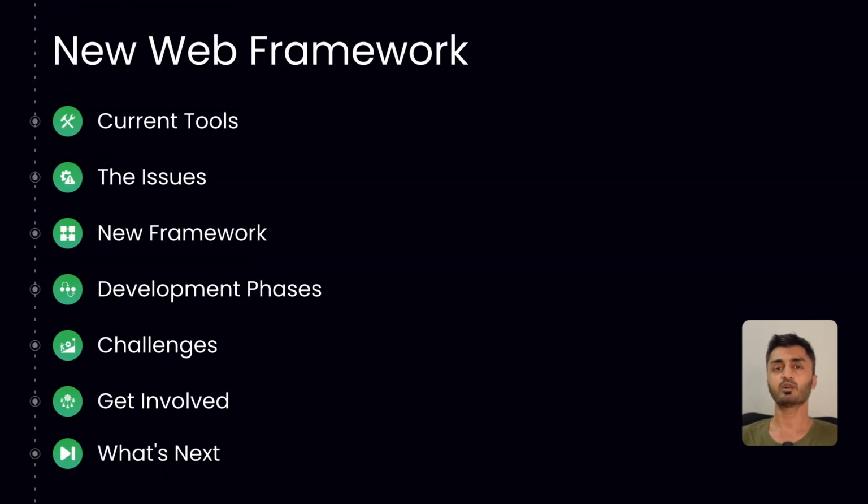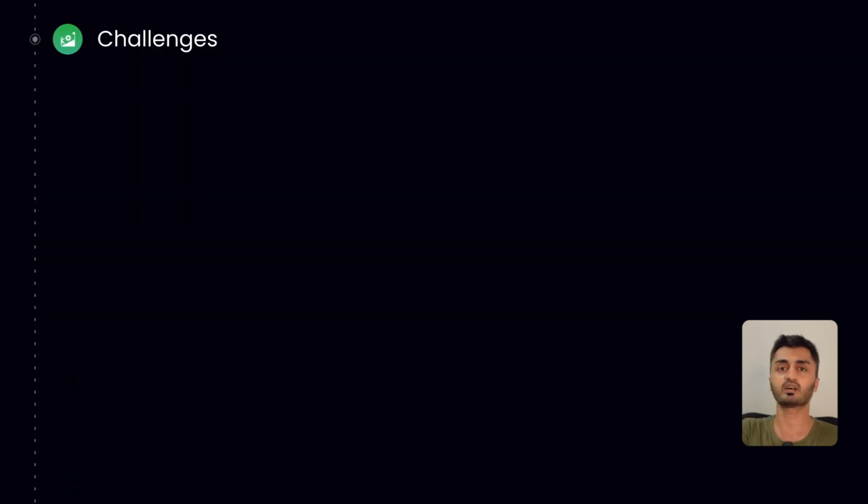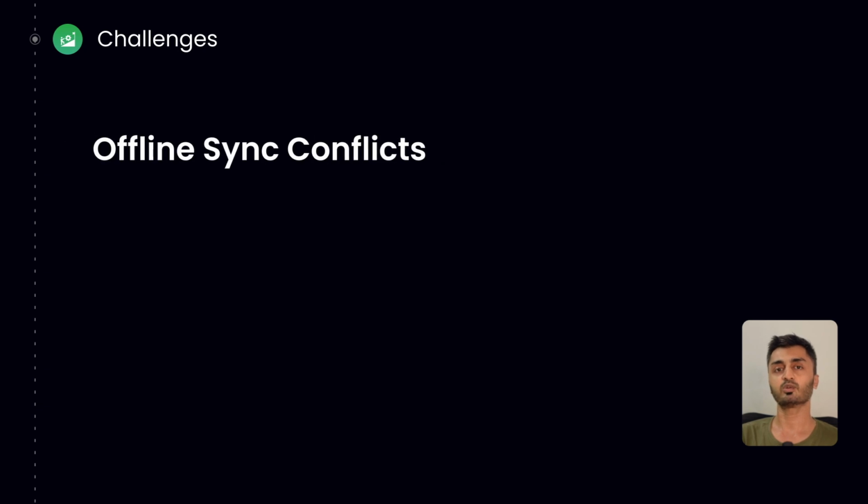Let me be completely honest about what we are up against here. Some of the features which I have listed here are really difficult problems to tackle. For example, consider a scenario where 2 offline users try to update the same record. When they come to online, what happens? There needs to be a conflict resolution system, which seems like a very difficult challenge.